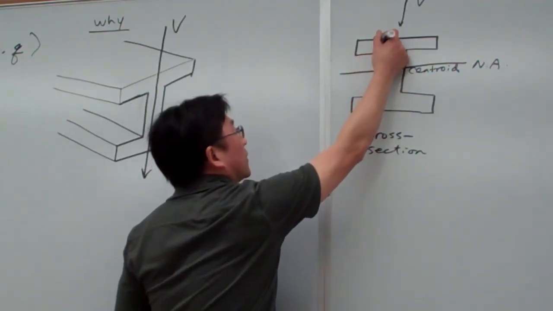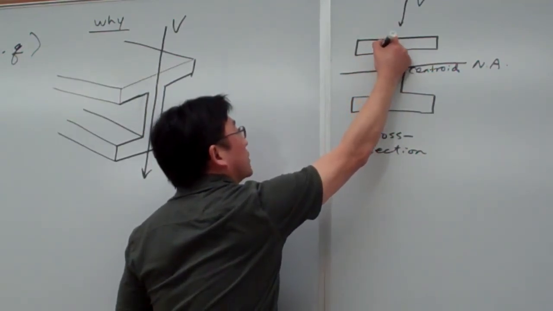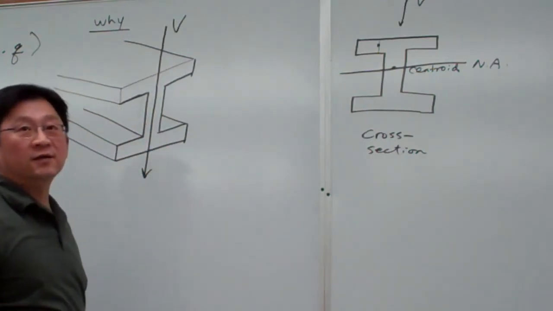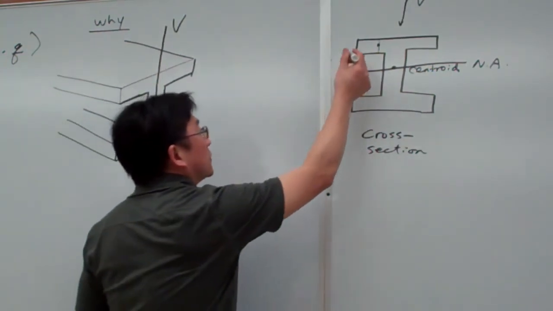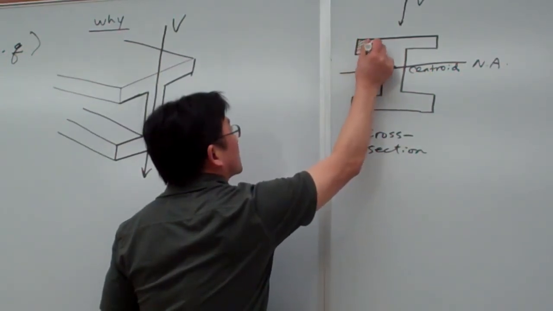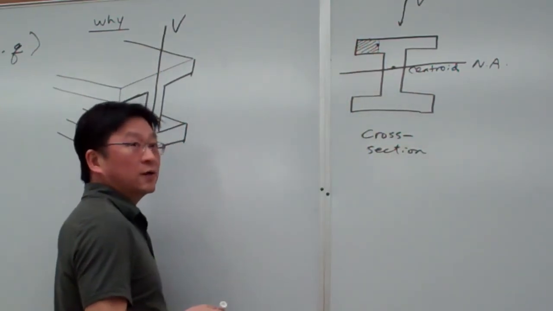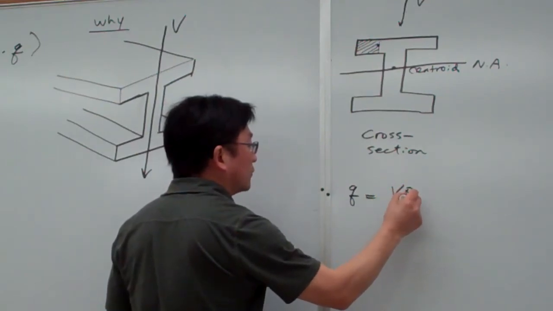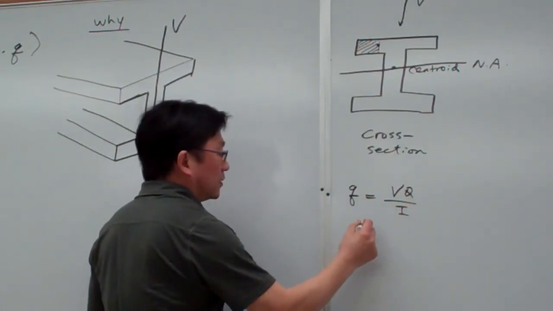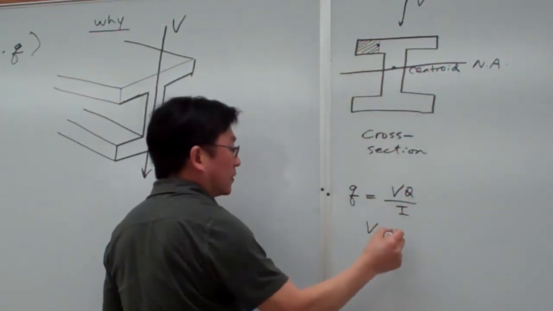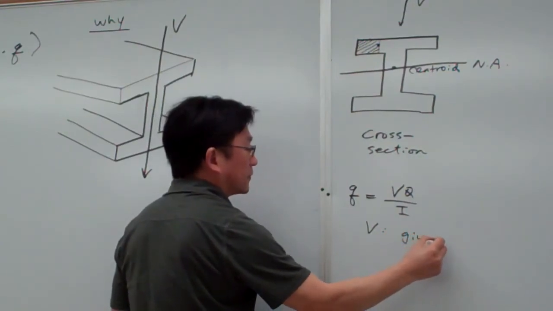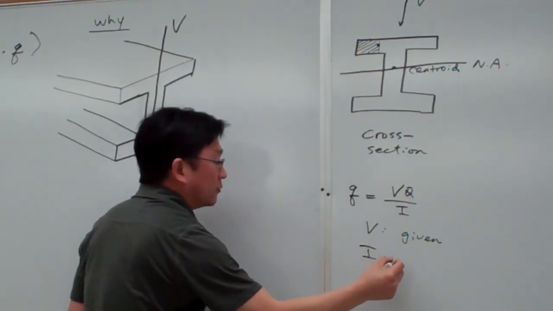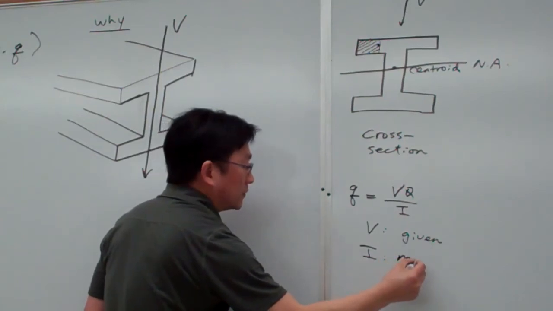What we do is make a cut, like this. Here we select this shaded area to calculate Q. So the shear flow will be equal to VQ over I. Here V is the given transverse loading, and I is the moment of inertia